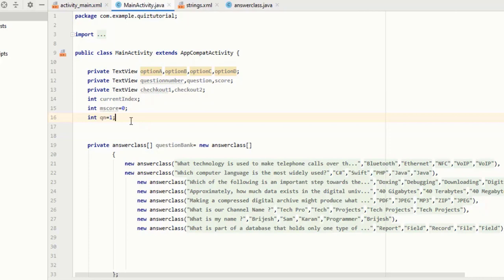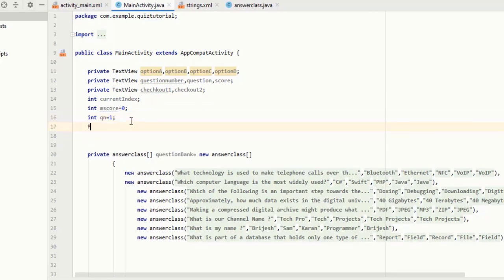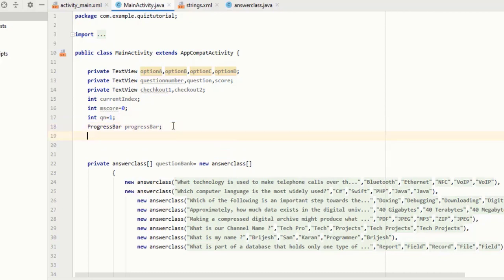Now declare more variables. Declare the variable for the progress bar. I type ProgressBar, and you can give any variable name; I type progressBar again. After this, you have to declare one more variable which stores the length of the progress bar, because we want to increment our progress bar step by step, according to our question length.